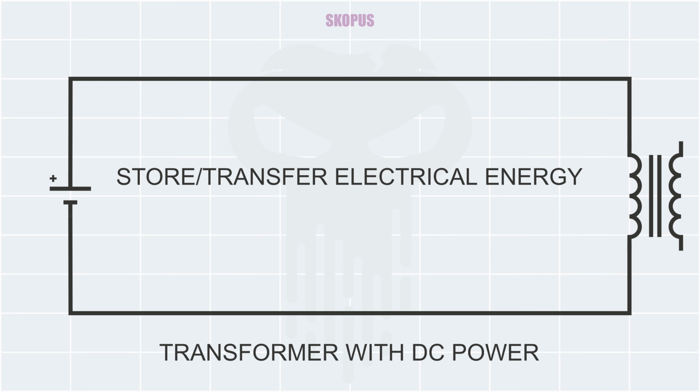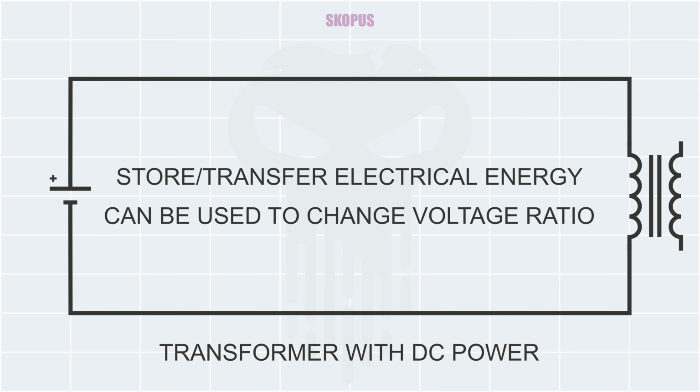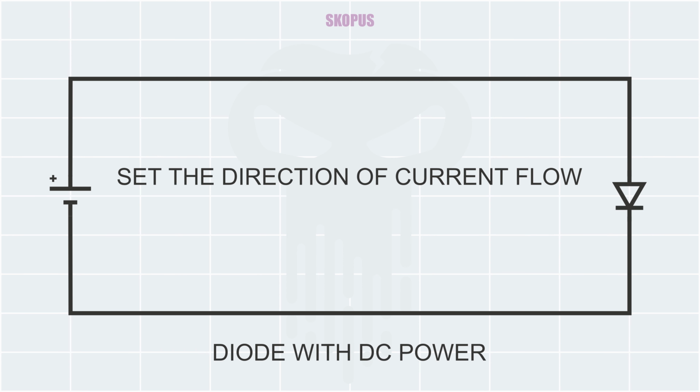Next, we got transformers. Transformers are usually a kind of inductor that, instead of one winding, has two or multiple windings. They can store or transfer electrical energy. They can store it in the form of a magnetic field or transfer it as electrical energy between windings. Because transformers can transfer energy from one coil to another coil, they can also be used to change the voltage ratio between windings by just changing the windings ratio. This is a really useful trick to convert higher voltages to lower voltages or lower voltages to higher voltages whenever it's needed.